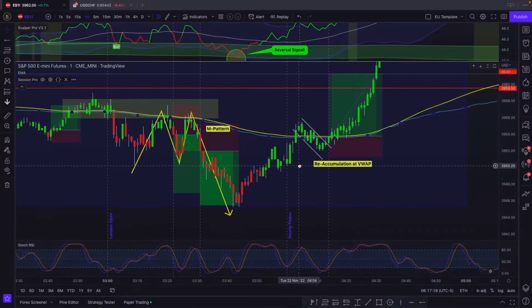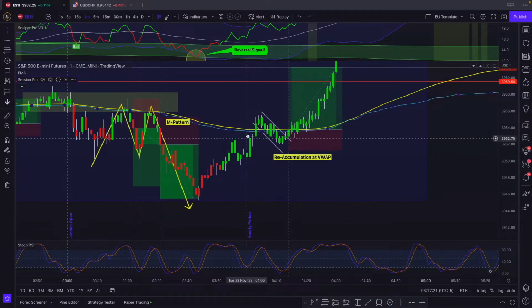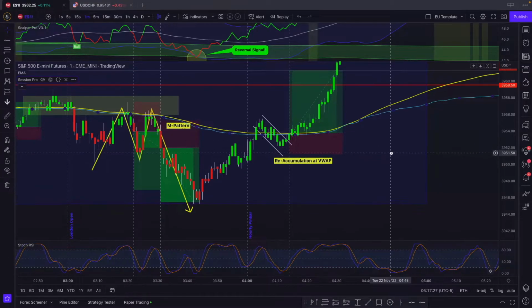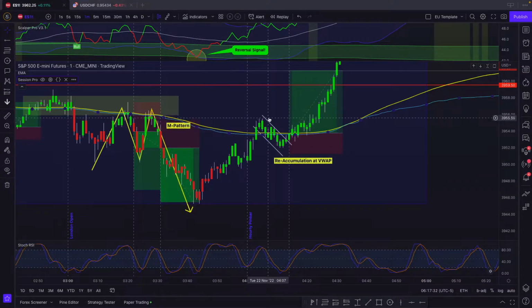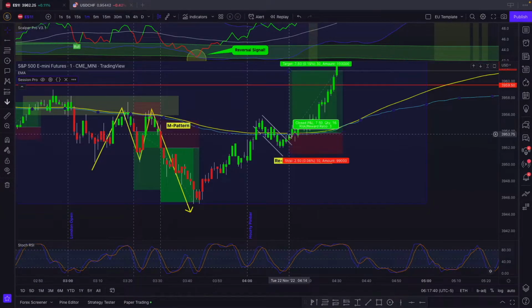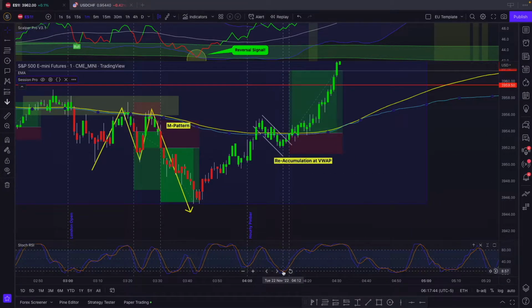I waited for the stochastic RSI and everything to line up, and I wanted to see price be a confirmation pattern that we're breaking above the 144 EMA and the VWAP. So we slowly but surely made our way up to the VWAP, and we formed some sort of a bull flag or a reaccumulation at the VWAP. We broke out of this bull flag, closed above the VWAP, and right on the 144 EMA,